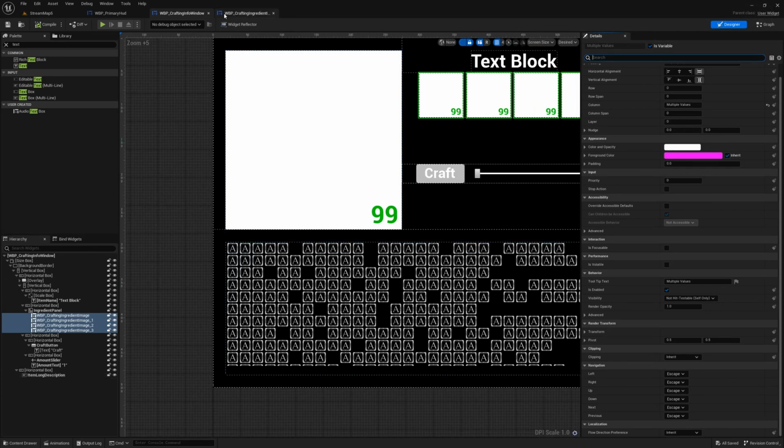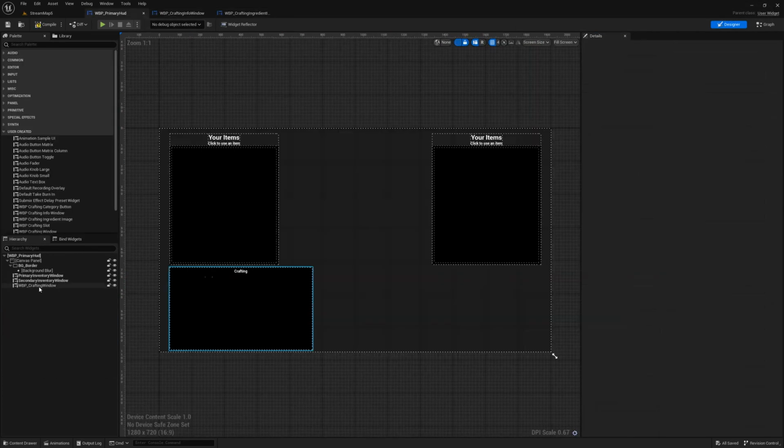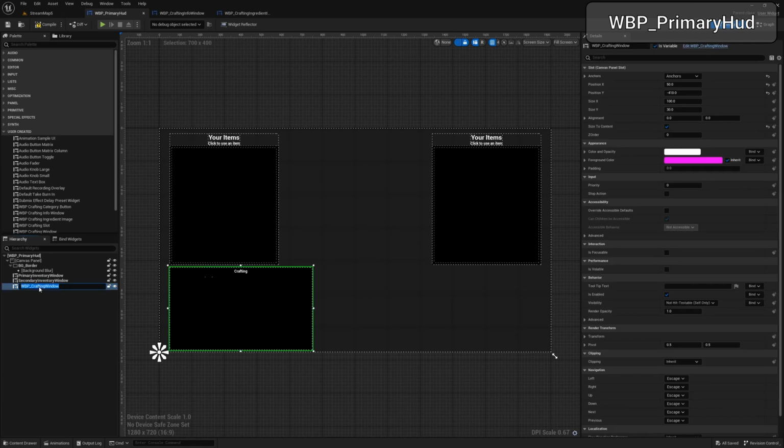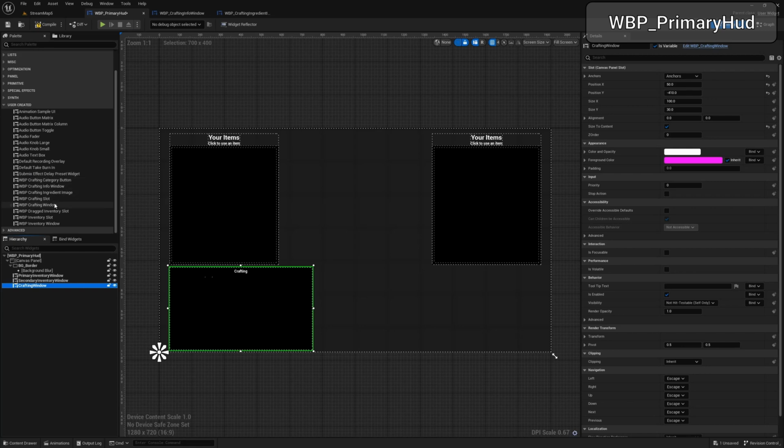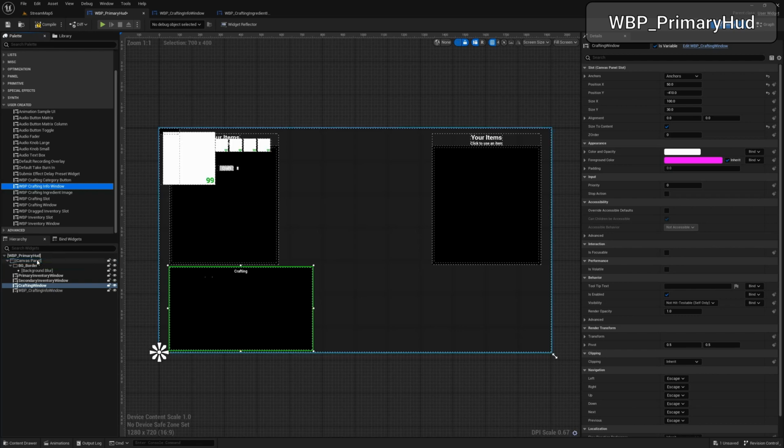So if we come over to the primary HUD, I'm going to change the name of this. I didn't do it last time, to be just crafting window. All right. So now if we come to the user settings, we find our crafting info window. I'm going to drag it and put it inside the canvas panel. There it is right there. I'm going to change its name, get rid of the WBP at the front. I'm going to set its